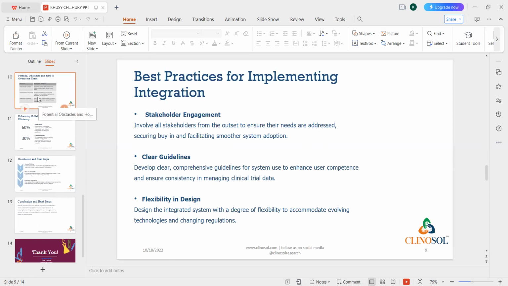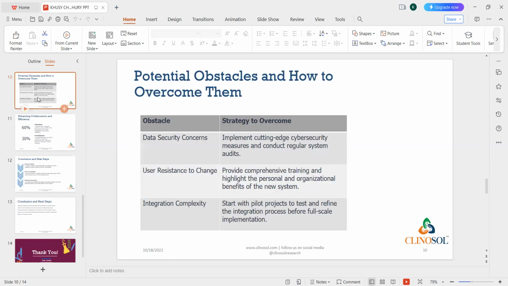Now coming to the next slide. Potential obstacles and how to overcome them. Obstacles and strategies to overcome them. Obstacles are data security concerns, user resistance to change, integration complexity, data integrity. Data security concerns are significant in the integration of clinical trial